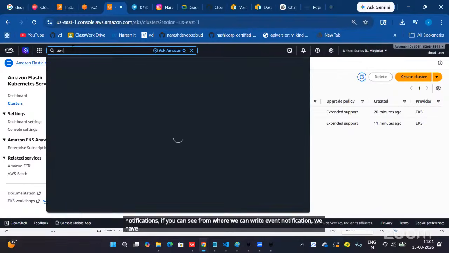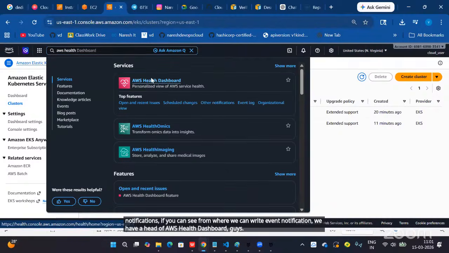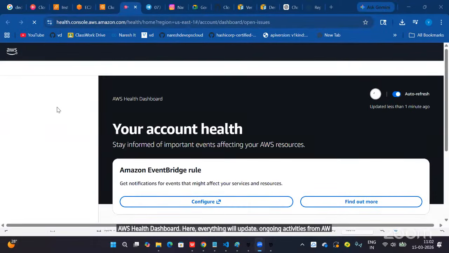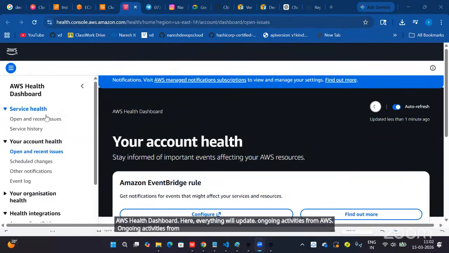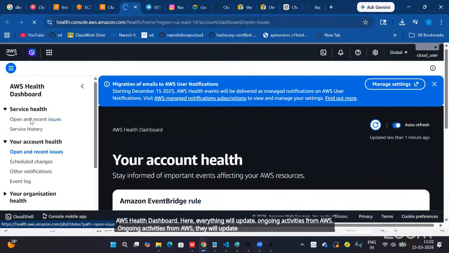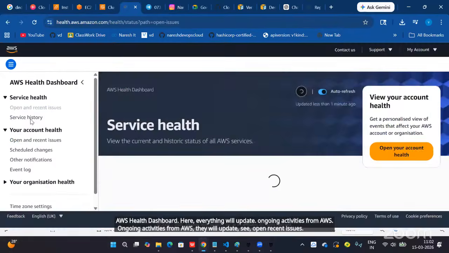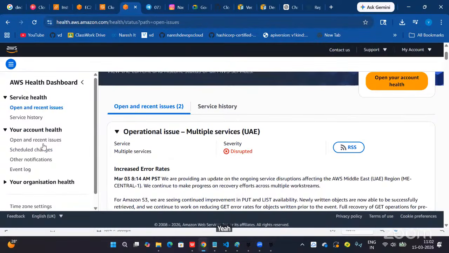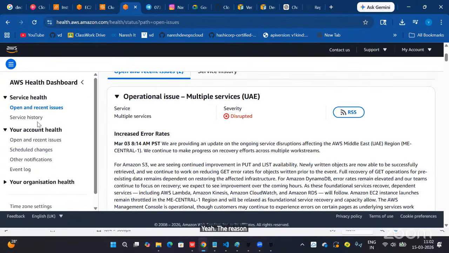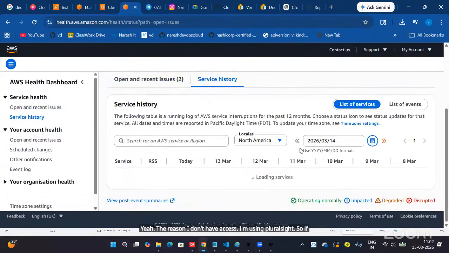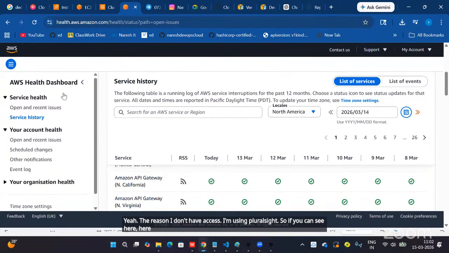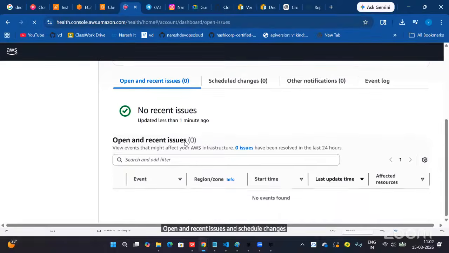If you see where we can write event notifications from, we have the AWS Health Dashboard, guys. In the AWS Health Dashboard, everything will be updated. Ongoing activities from AWS, they will update: open and recent issues. I don't have access here because I'm using Pluralsight. But here we can see open and recent issues and scheduled changes also.